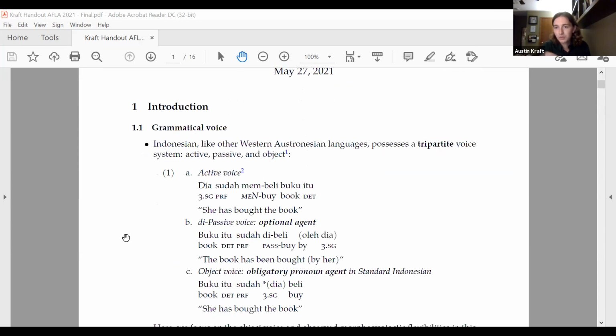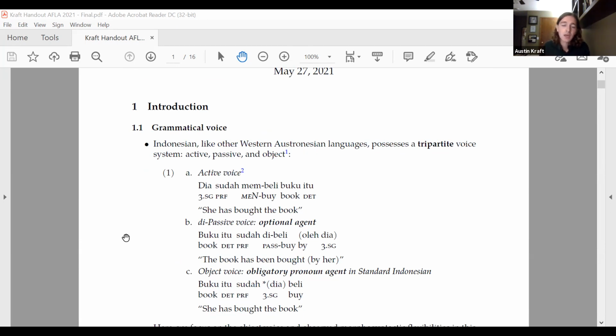in Indonesian, starting with a standard Indonesian perspective here, exemplified in 1, we see a three-part voice system with active voice constructions, as in 1A, with dia sudah membeli buku itu, and then a passive construction, sometimes called the D-passive construction, named after the passive morpheme D, as in buku itu sudah dibeli oleh dia, where this agent phrase is optional. And third, we have what's called the object voice,